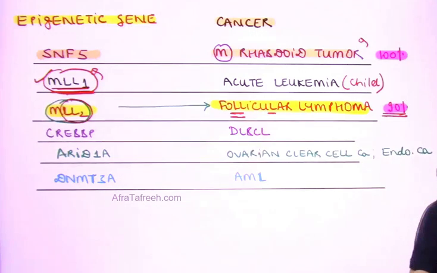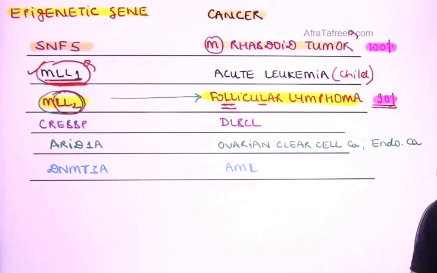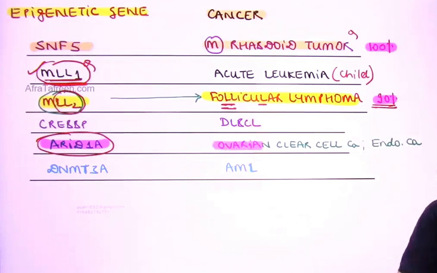Just for the sake of completion, I can talk about something like CREB-BP, that is what is going to be associated with the presence of a mutation, and this kind of mutation is what I want you to be familiar with, which is going to be associated with diffuse large B-cell lymphoma. For the sake of completion, if I can help you understand the association over here with something like ARID1A. ARID1A is associated with clear cell ovarian cancer in almost 60% of the individuals, also associated with a high risk of development of endometrial carcinoma. We do have the role, just for the sake of completion, of DNMT3A associated with AML.